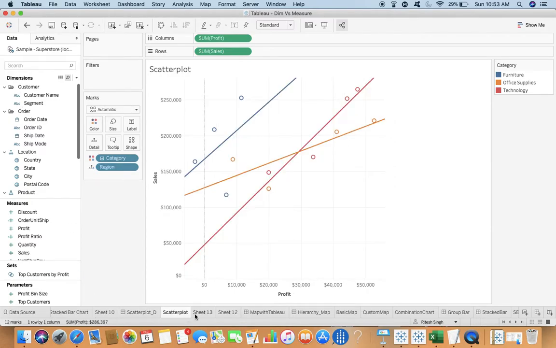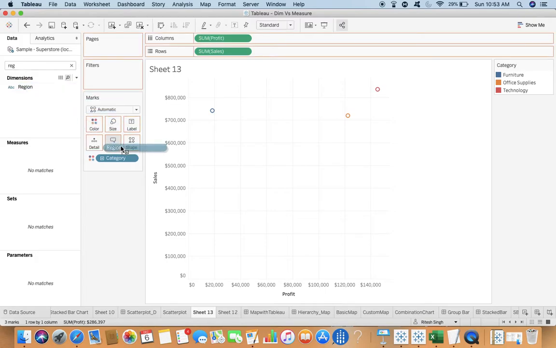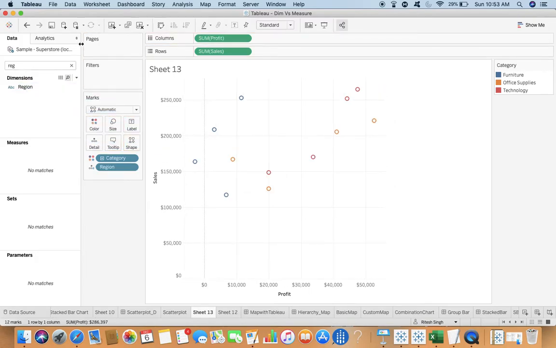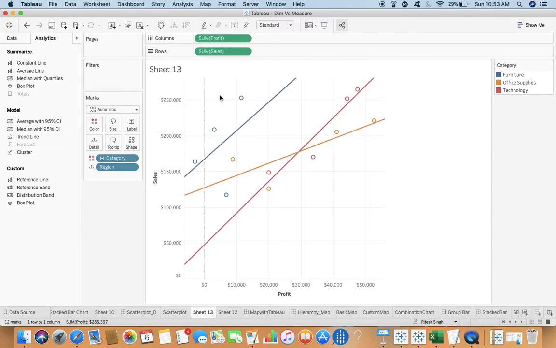In this case, the level of detail is region. So we are concerned with region. And now you go to analysis and trend line. Now it will ask you, okay, I want the linear one. And this is the way you create your scatter plot and the way you get the relationship between the two variables.